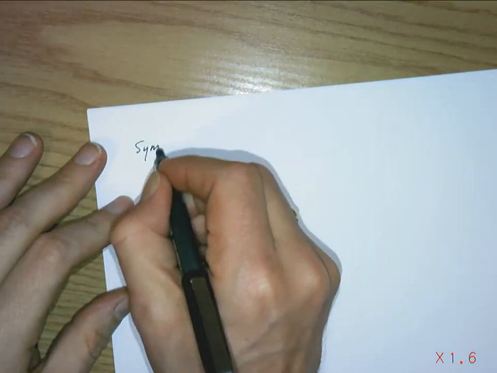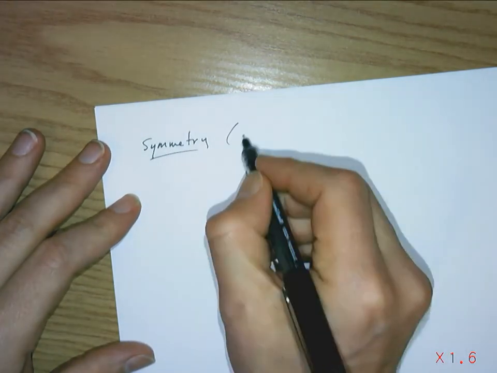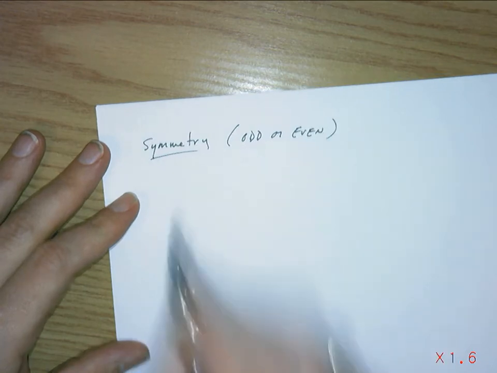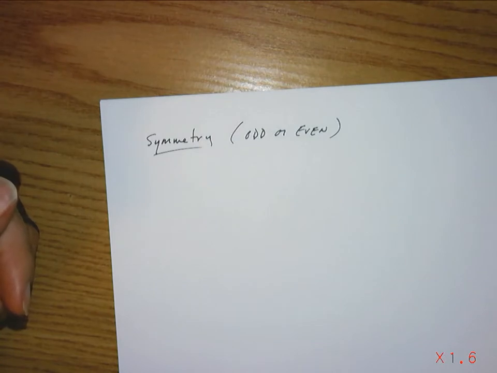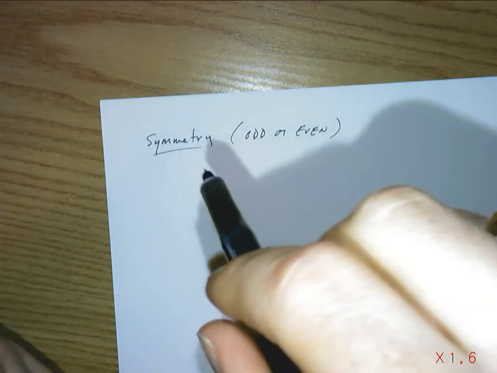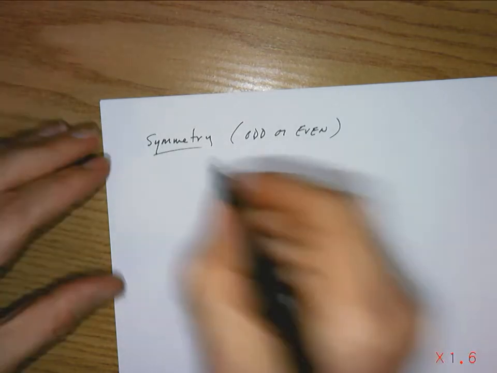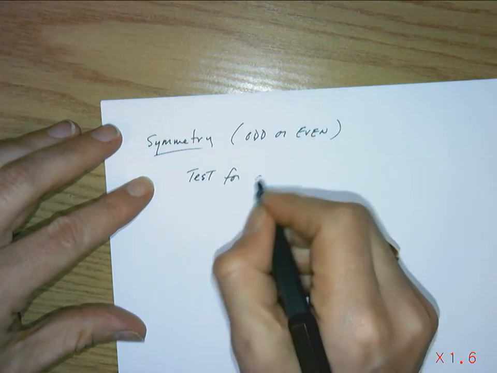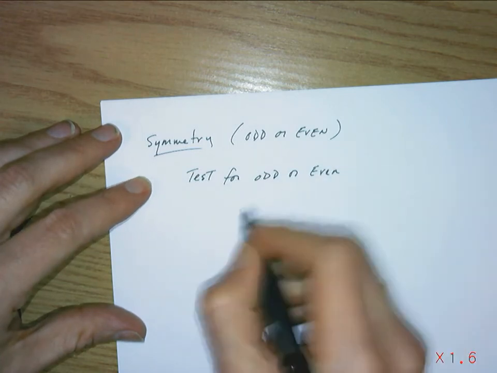Now we're looking at symmetry. We're actually not looking at all types of symmetry. We're looking at only odd or even symmetry. That's all that we're really interested in. If we find out that it's odd, then it's going to be reflected about the origin, which means that it would, well, hold on, let's just jump in. The test for odd or even symmetry is actually, the algebraic test is to put in